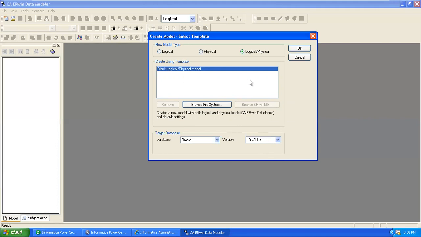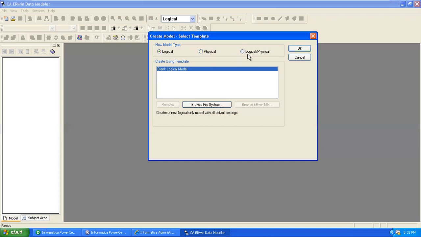Most of the time, what we need to do is create a logical model and convert that logical model into a physical model immediately. In case you created a logical model, there is no chance to convert it into a physical model later. If you created a physical model, there is no chance to convert the physical model into a logical model. It is impossible. If you create a logical model and want to create a physical model, you have to design the physical model again based on the logical model. That facility is not available here.